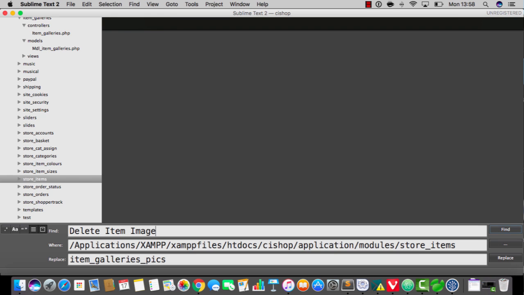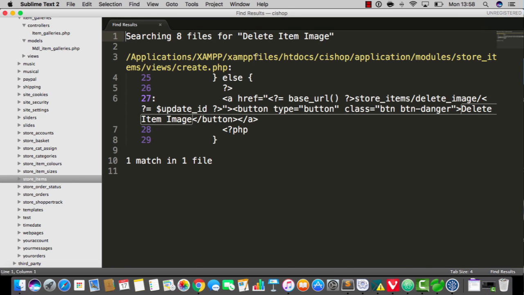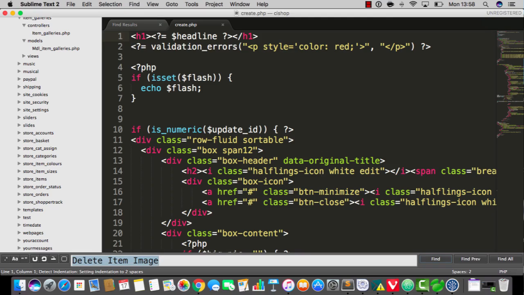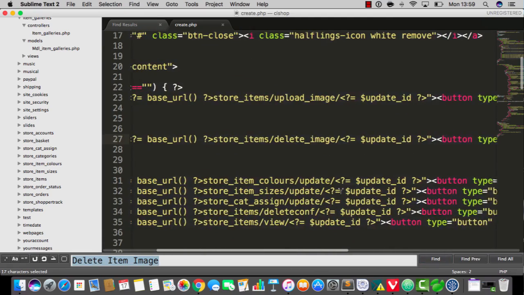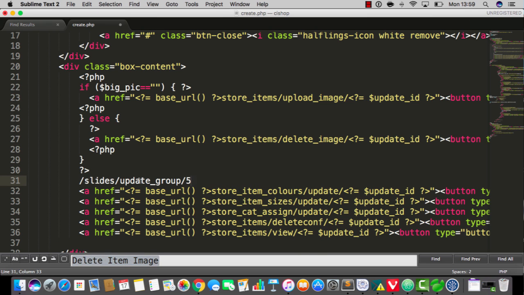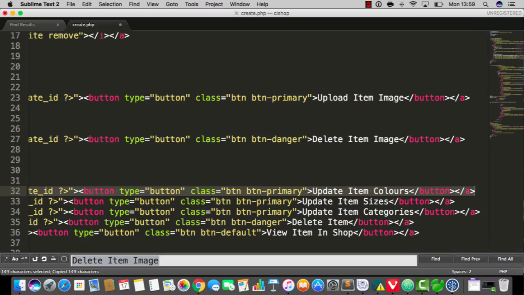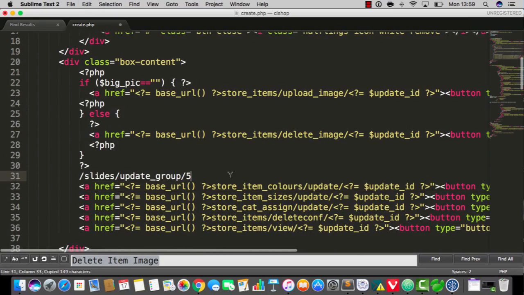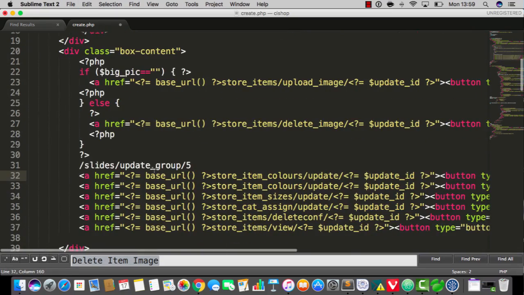Okay, it's in store items. Here we go, I'm finding it. Right, here it is, and it's going to be among a whole bunch of buttons. No surprises. So let me just chuck that URL there as a reminder, and I'm going to copy one of these buttons below here. I'm going to paste it in, and then I'm going to change the URL